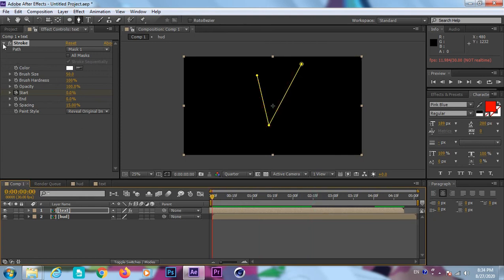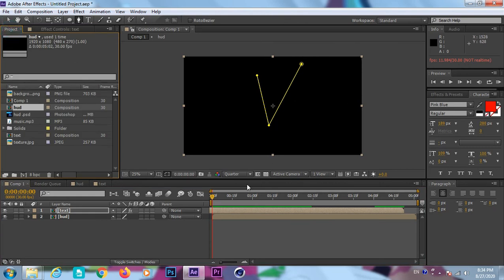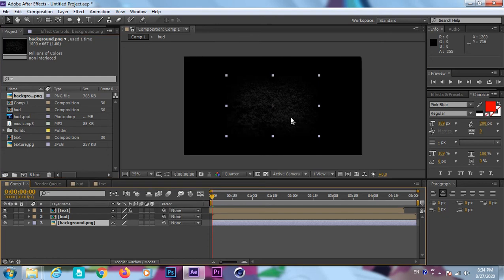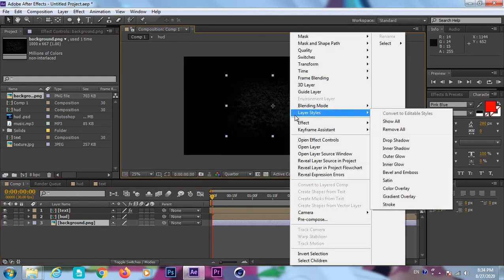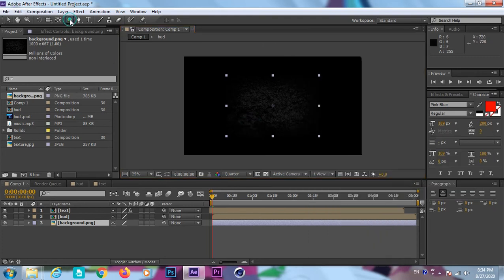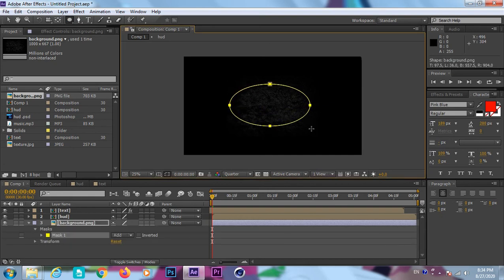All the part is done. Now we have to add a camera shake to hit. Before that we add a background to it. At the last we can see the wiggle effect and the music layer. Now actually we can fit to comp this layer or just mask, feather and all as you wish.